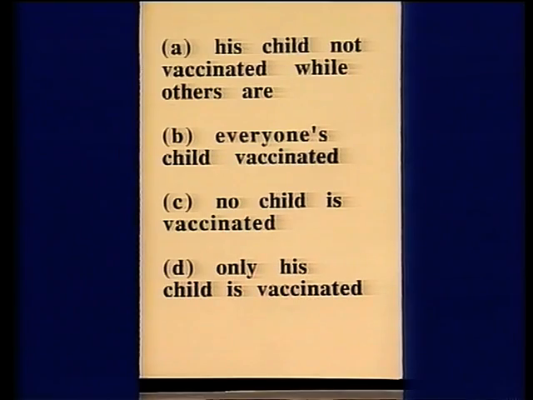Following that, the next preference is that no children are vaccinated, at least everybody's in the same boat, and at least there's no side effect danger. Worst of all is if you're the only one to have your child vaccinated, everybody else doesn't, and your child runs the risk singly of a side effect. Consequently, in order to avoid D, you'll settle for C perhaps, and parents tend not to have their children vaccinated rather than all taking the same risk and going to a higher option.